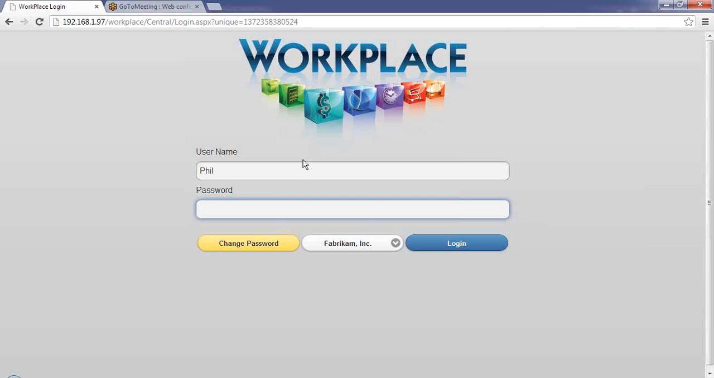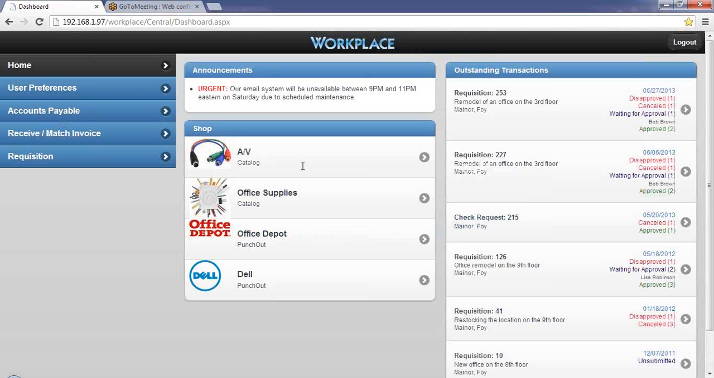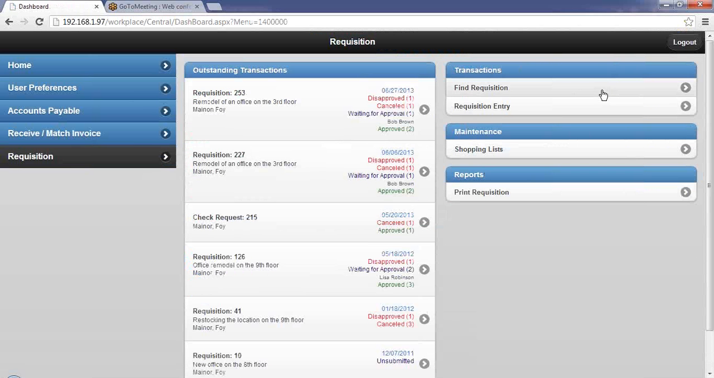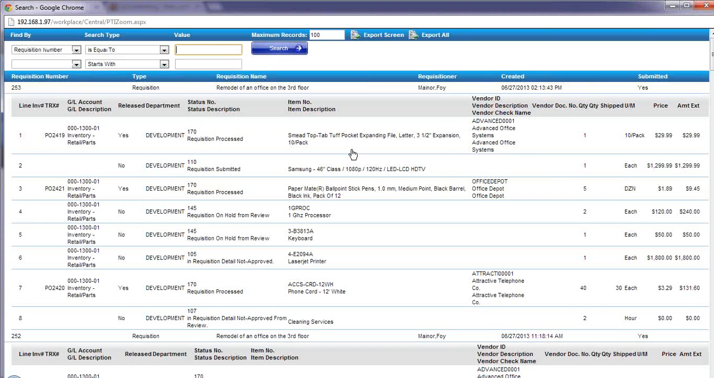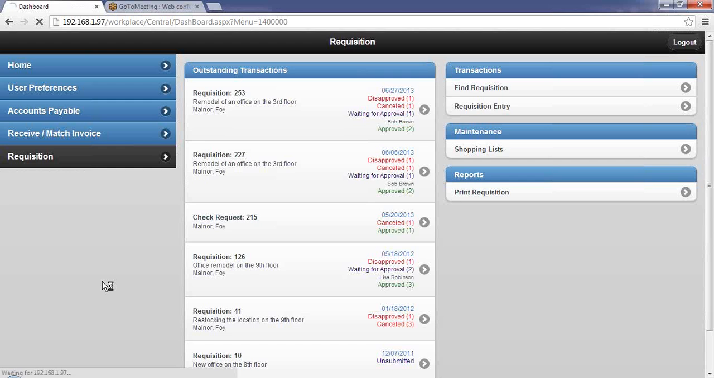Let's step back out here, go back in as our requester, which was FOI, and we'll come in here and we'll go find requisitions. A lot of information is available, the PO number, whether or not it's been released or not, status for each line item, item information, vendor information, the ability to find and search through all of those details, export this information out to Excel in a CSV format to manipulate it further,